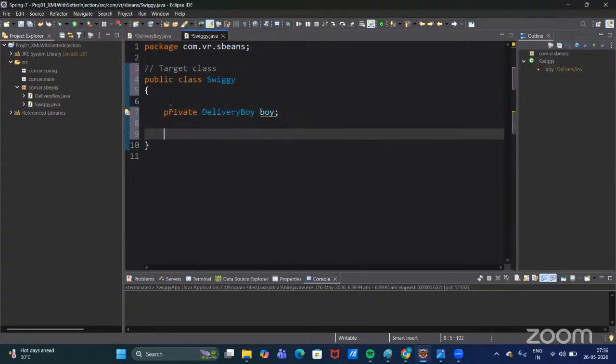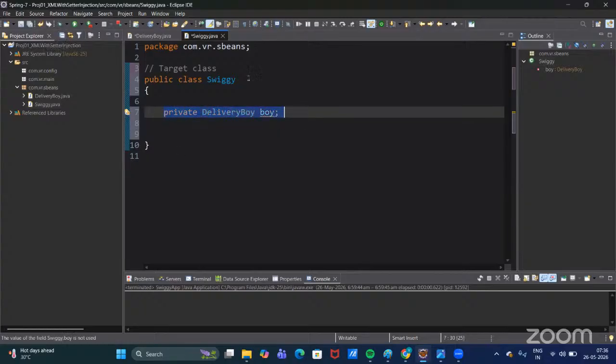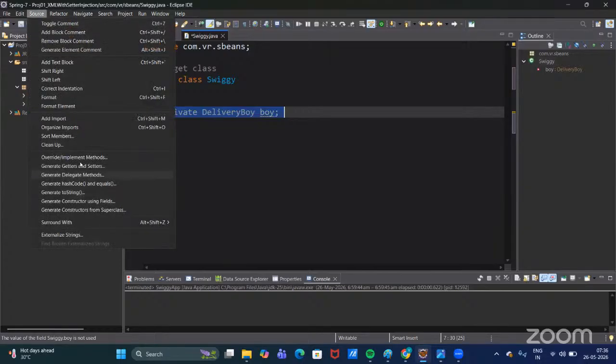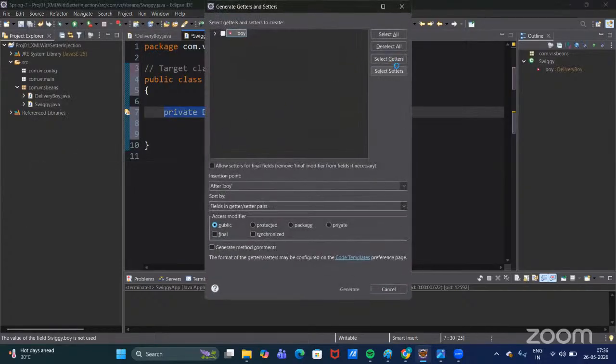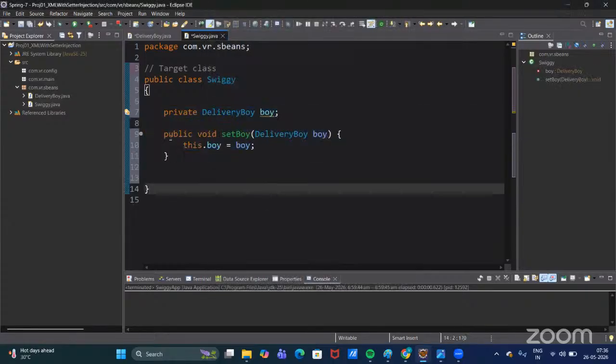Next, I chose setter injection. The application we have developed right now uses setter injection. That is the reason a setter method must be required. The setter method must be required. So the setter method is generated. Okay, after that,